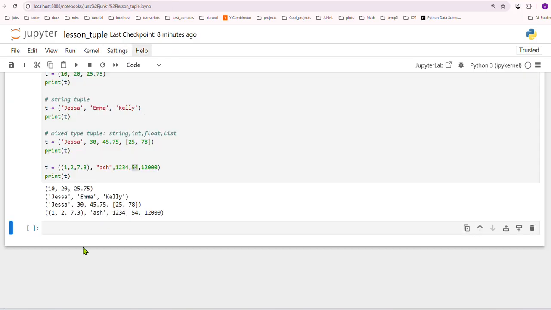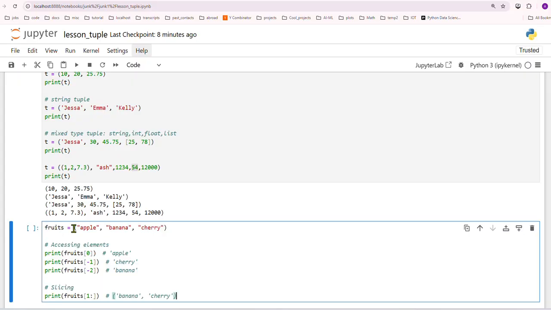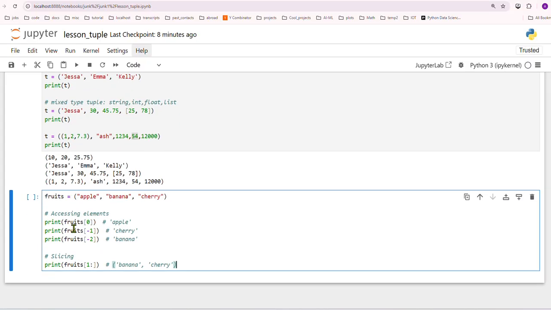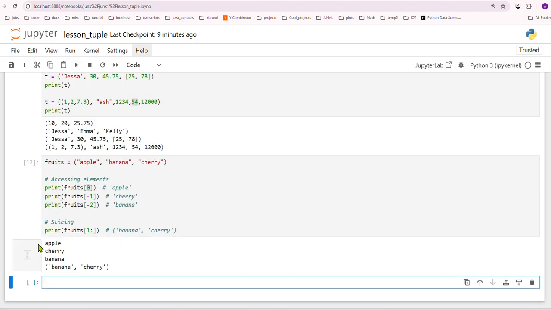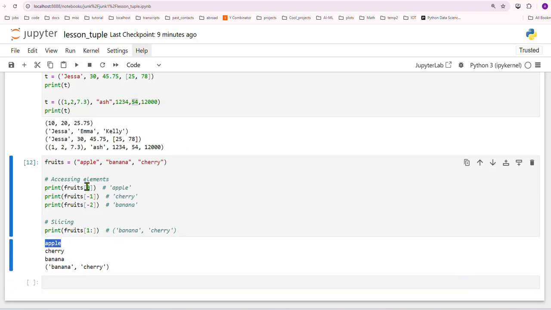Just like in list and string, where you did index slicing and accessing elements using indexing, you can do the same thing over here. So let's say this is your tuple, apple, banana, cherry, and you want to access your elements. If you type fruits square bracket 0, you're going to access the element at index 0. Remember, this is index 0, this is index 1, and this is index 2. So indexing always starts with 0. So in this case, you're trying to access an element at index 0. If I run this, it's going to print apple because this is my element at index